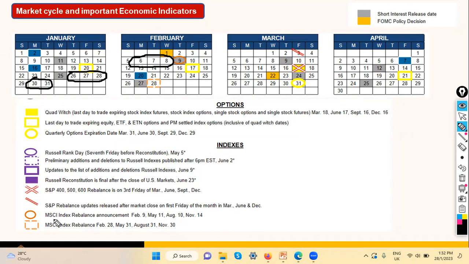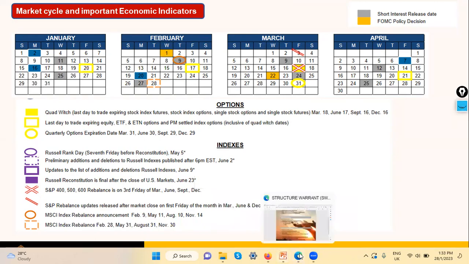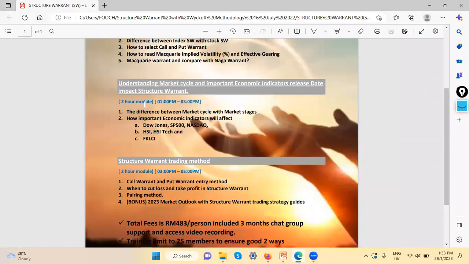This comes from when you have a circle like this, which is the MSCI index rebalance. When you have a rebalance, sometimes the volume gets super high, but it will cause your index or your indicator to have some problems because of the rebalance of the volume. So I think this is a very important thing we need to know